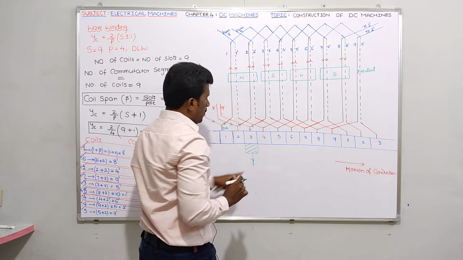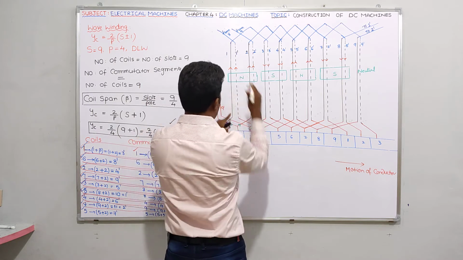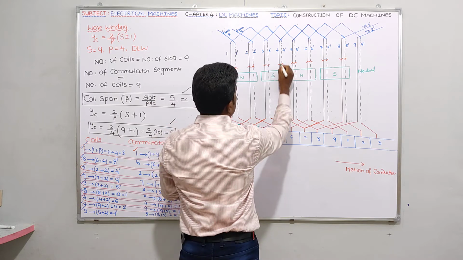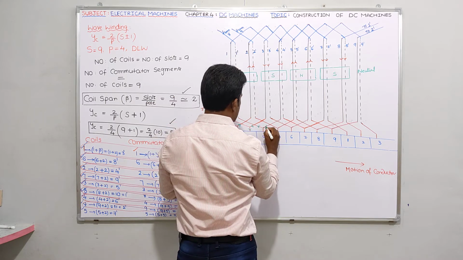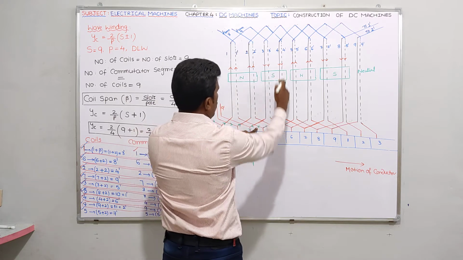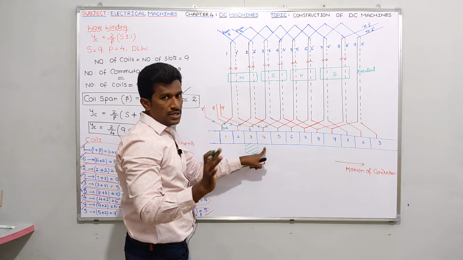Okay guys, now what about segment number 4? It is connected between 1 dash, upward arrow mark, and 4, which is nothing but downwards. See, 4 is connected between 1 dash, upward arrow mark, and 4, downward arrow mark. Do you have any resultant current here? No. So there is no need to connect a brush once again.